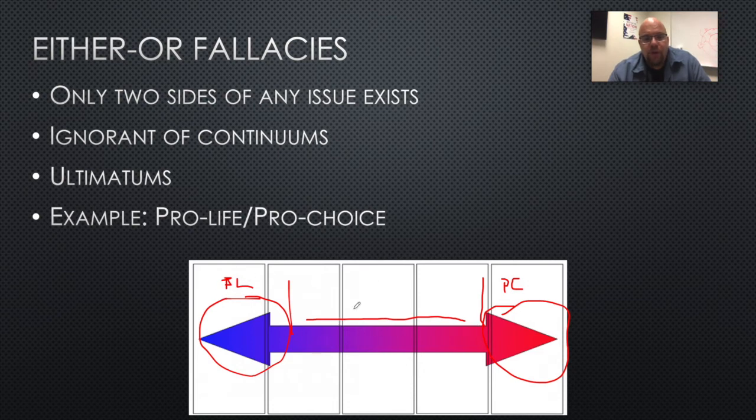So even if you're on this side, let's put this line in the middle, you're on this side of the continuum, you might say, I really don't like abortion. I am against it. Except, I'll put my exception here in the case of rape or incest. Or except when the mother's life is in danger, or except when the child is going to be stillborn, and we know that for a fact. There are exceptions that move us in the opposite direction.